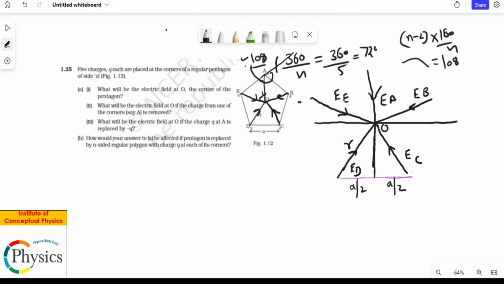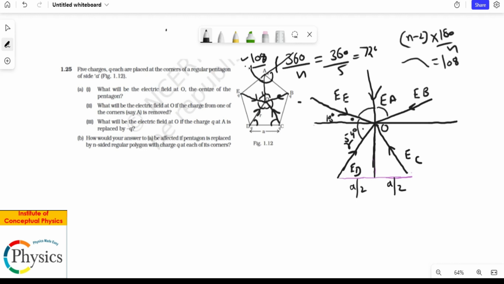Now this angle is going to be what? It is 360 degrees getting divided into 5 parts, so 72 degrees each. So the angle between all these vectors is actually 72 degrees, and this angle being referred to is 18 degrees. This one is again 72, so this is going to be 54. So this is 18 degrees, this is 54, and this is the split of 72. You can say that this is 54 and this is also 54, and the central angle is 108.